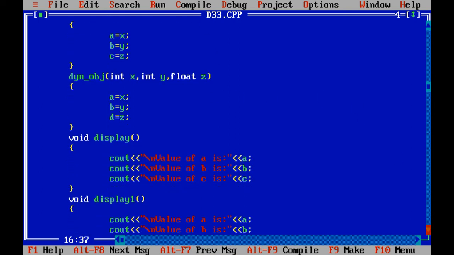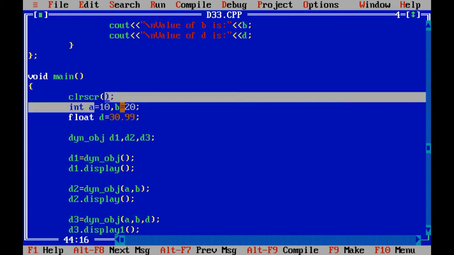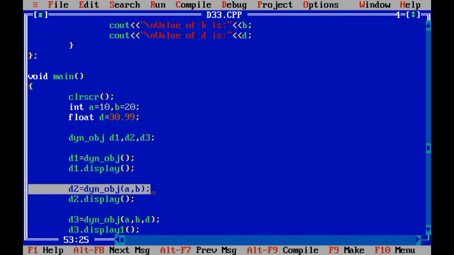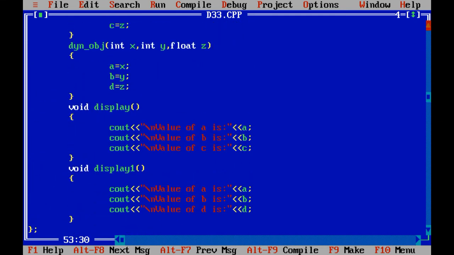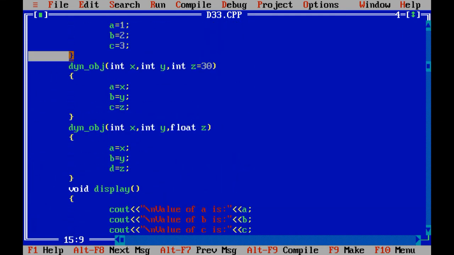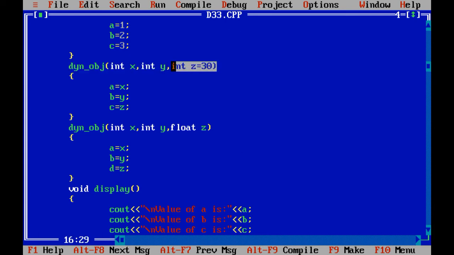So from void main I have passed the values of two variables declared as integer, a as 10 and b as 20. In this case it will call the second constructor with three integer arguments, and we have not passed any value of z, so it will be considered as a default value, that is 30 in this case.